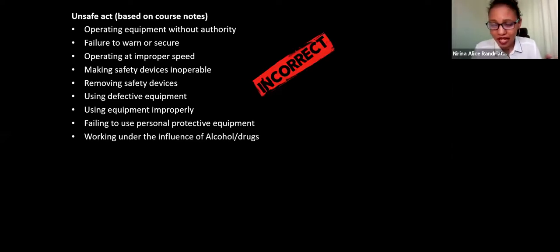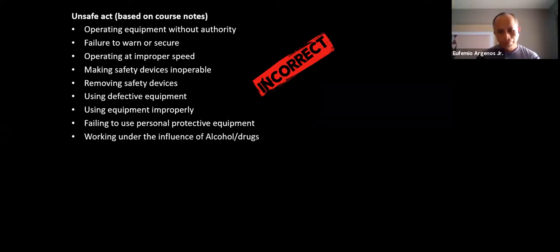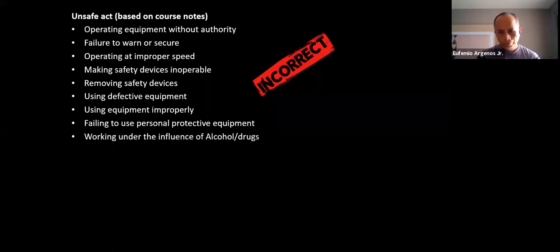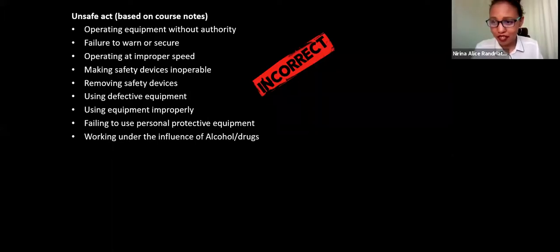There's a lot of unsafe behavior here, but not all of them are applicable to the scenario. So in order for you to answer that question, yes, you can look at some examples of unsafe behavior, but not all of them will be applicable to the question. So where do I find the answer then? I need to go back to the scenario and then look from there at what are examples of unsafe behavior.